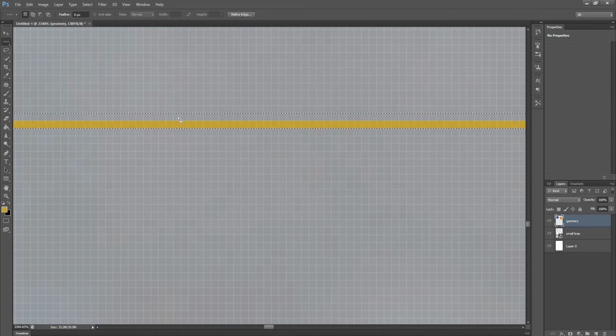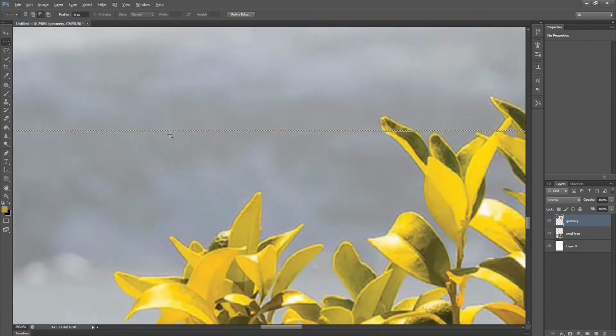When we want to increase the selected area, press the Shift key and select the area. Or when we want to decrease the selected area, press the Alt key and click the selection. Okay.